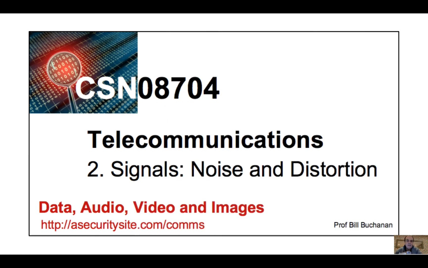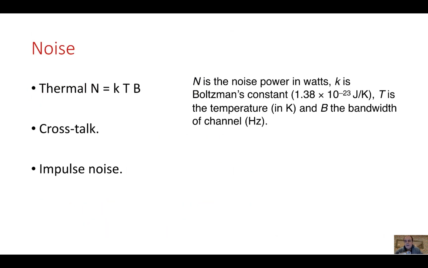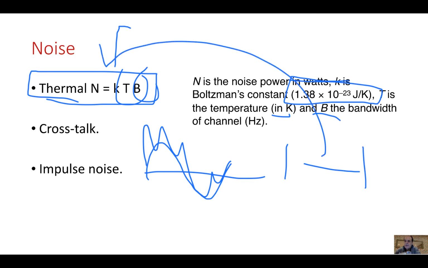So let's look at signals and distortion. Our signals might start off perfect, but then we get noise added to them. Three common sources of noise are thermal noise, which is to do with the noise that's generated inside electronic devices. That thermal noise is equal to k, which is Boltzmann's constant, times the temperature, which is in Kelvin, and then times the bandwidth of the channel. So as we increase the bandwidth of the channel, we will increase the thermal noise that's